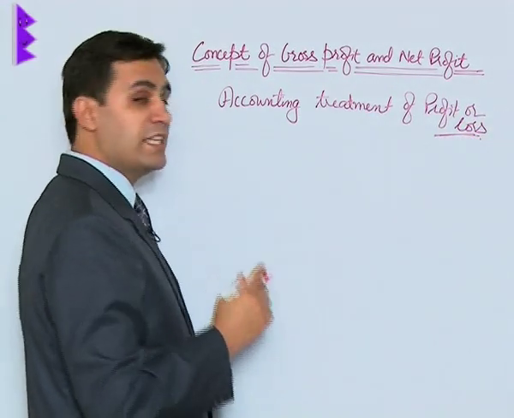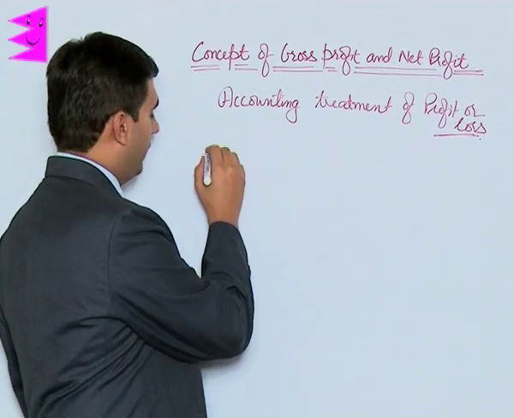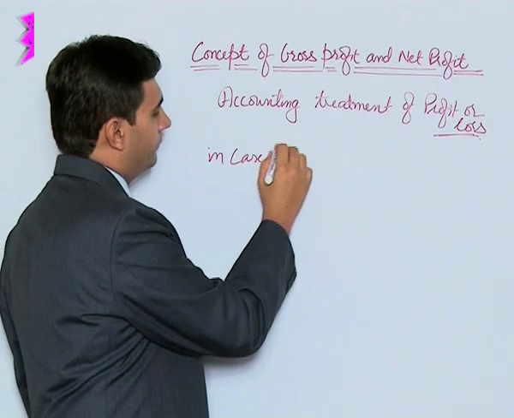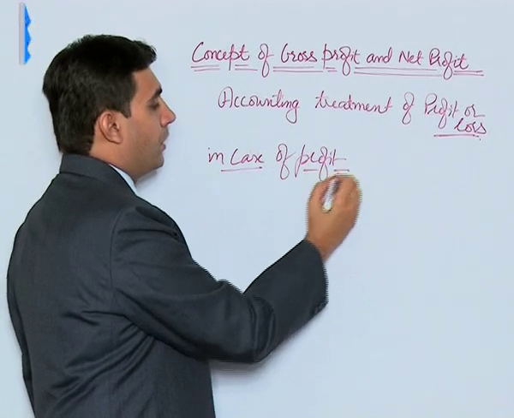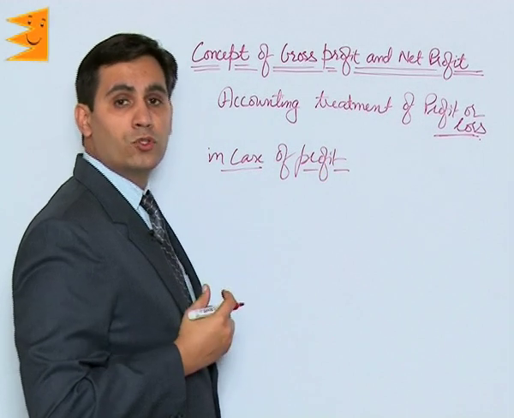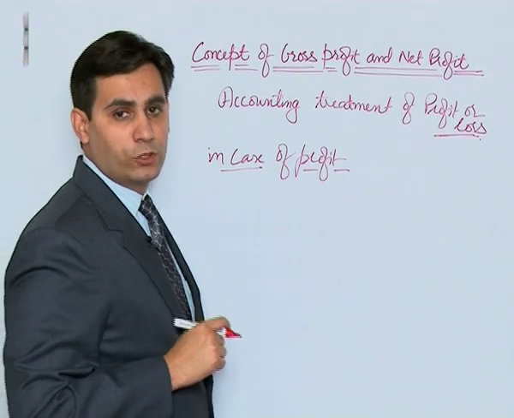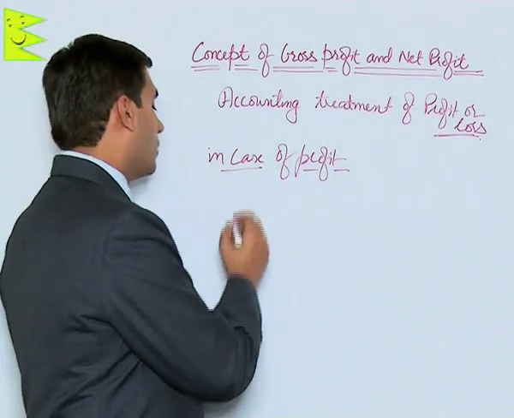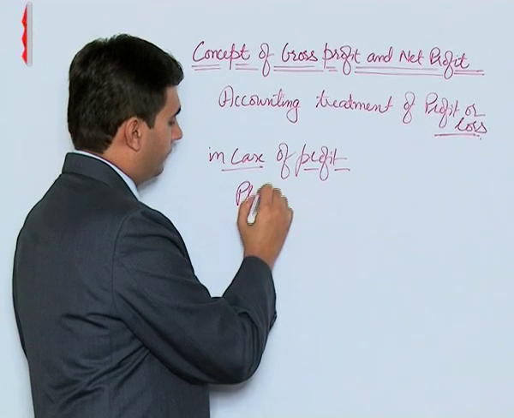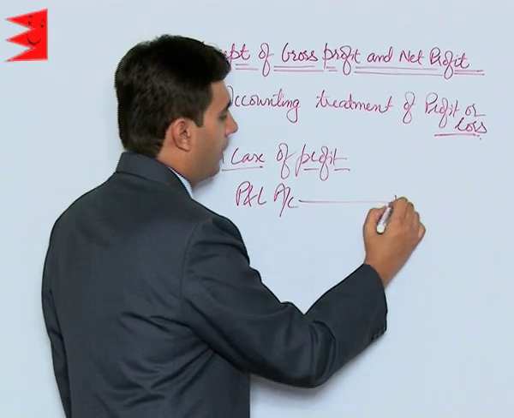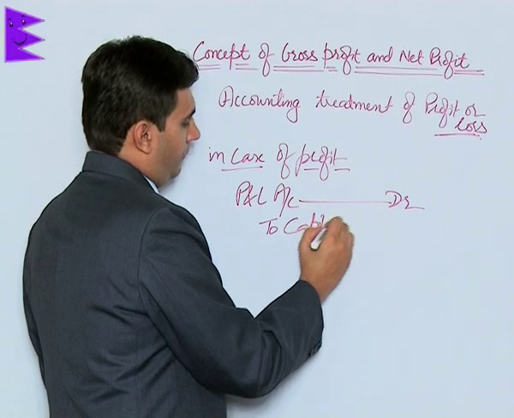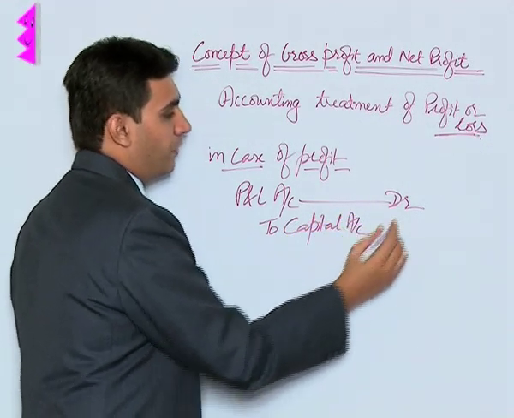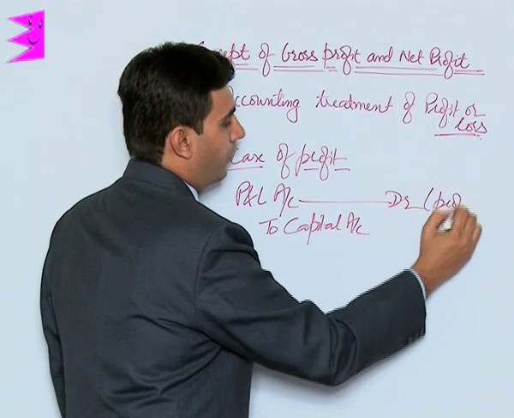Now students, in case of profit, remember this profit belongs to the owner and hence should be transferred to capital account. So the entry would be profit and loss account debited to capital account with the amount of profit,